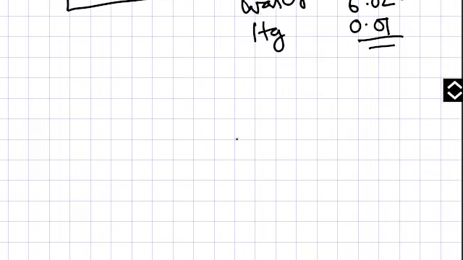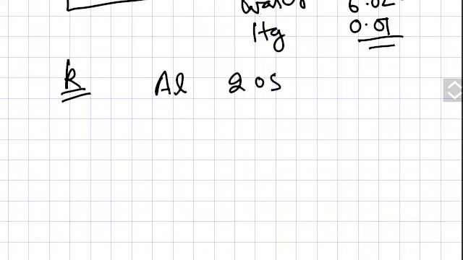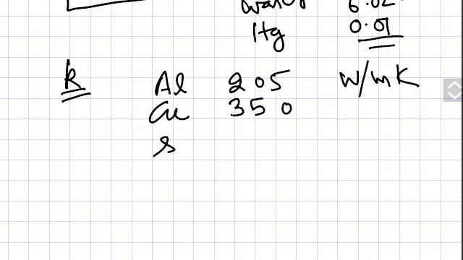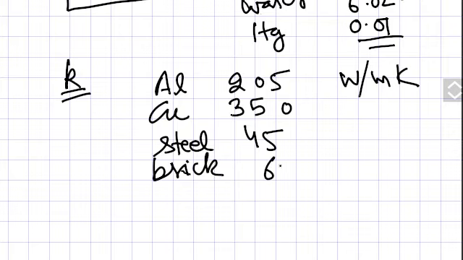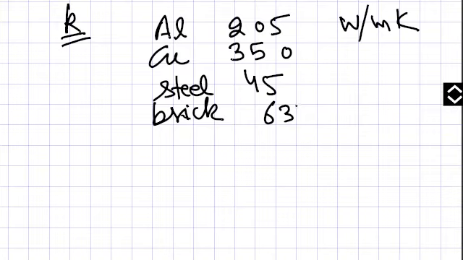Now I would like to tell you some thermal conductivities of various metals. For example, aluminium, it is 205. Its unit I will tell you. Yes, it is watt per meter Kelvin, and you already know these units. And for copper it is, steel it is. It is very important that you should know these things. And brick that you use for construction purposes, its conductivity is 63. So it is more conductive than steel, you can say that.